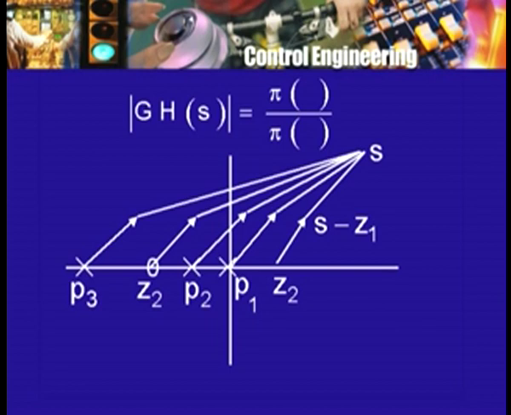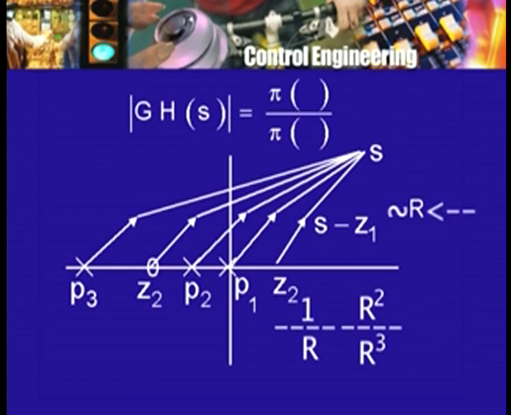And therefore, what will I have if I look at the magnitude or the amplitude of GH of S? It is going to be roughly corresponding to this factor r, corresponding to this other zero, another r, so r squared in the numerator divided by r for each one of the poles, and therefore r cubed in the denominator, and therefore it is going to be roughly like 1 by r, and if r is very large, then it is going to be nearly 0. Essentially what I am saying is that the modulus of GH of S for S equal to r e raised to j theta,